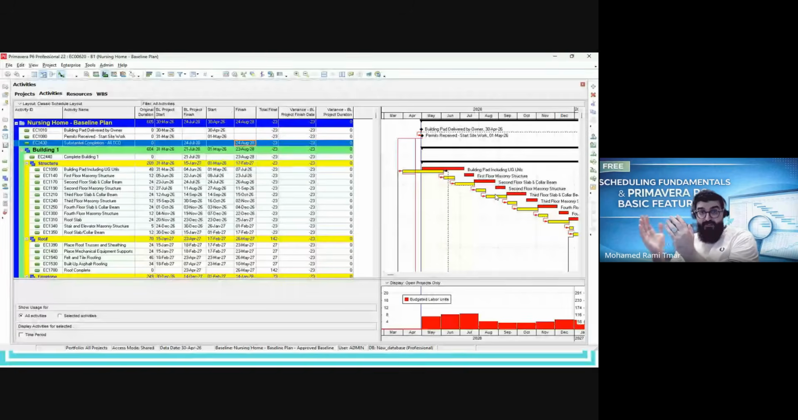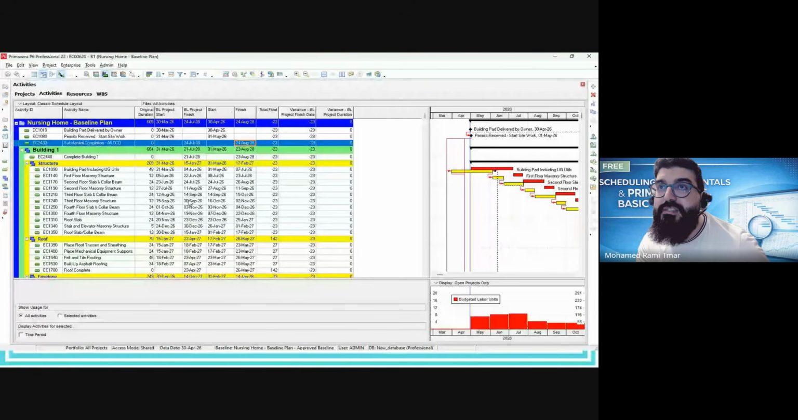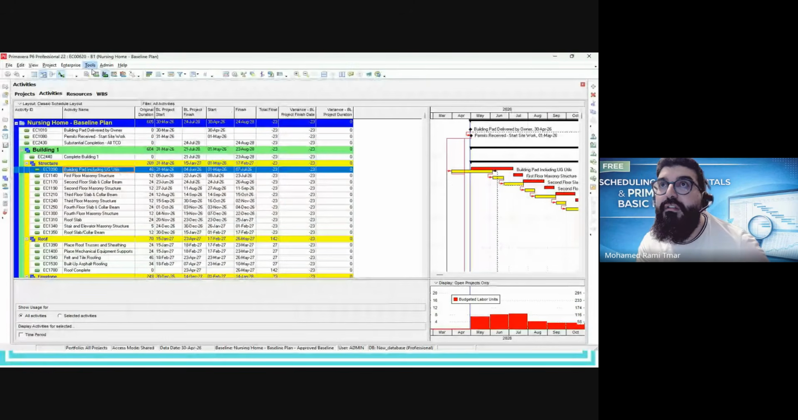But what is the difference? The difference is the start and finish date. So that's why we have a variance in the project finish date and we don't have a variance on duration. Okay? This is one. Second one is the progress. Okay? When we start updating the schedule,